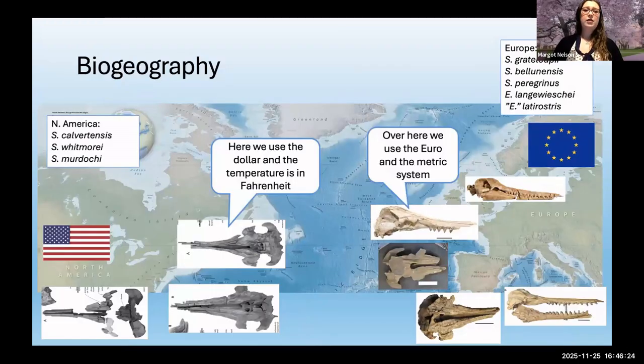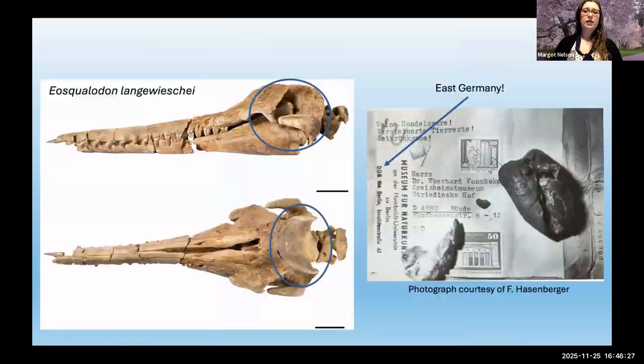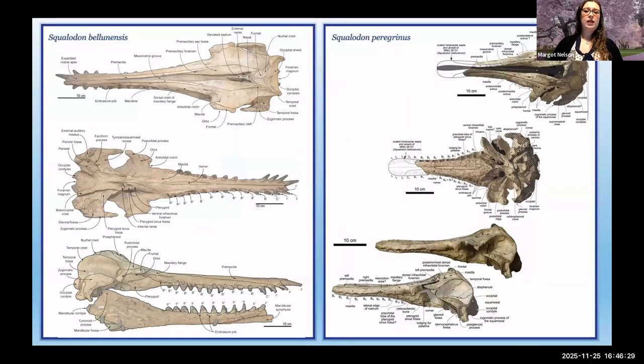Yeah, so I don't have a really great picture of it here, but in Squalodon peregrinus we were able to do some morphometrics. It has a very short snout and is very wide compared to other members of Squalodon. Most members of Squalodon look like this, with a really elongate, narrow snout. This animal has a much shorter snout and a wider skull. So we're pretty certain that this is occupying a different niche. Exactly what that is, we have yet to explore.